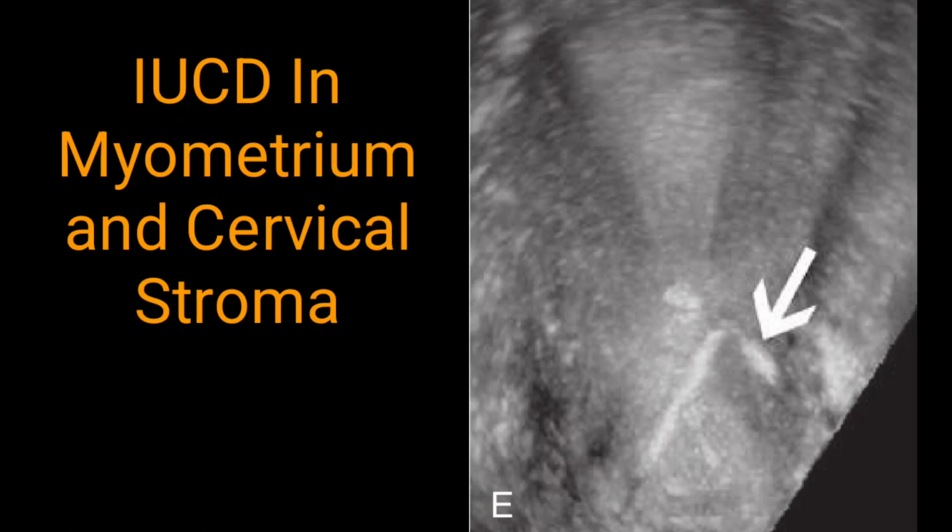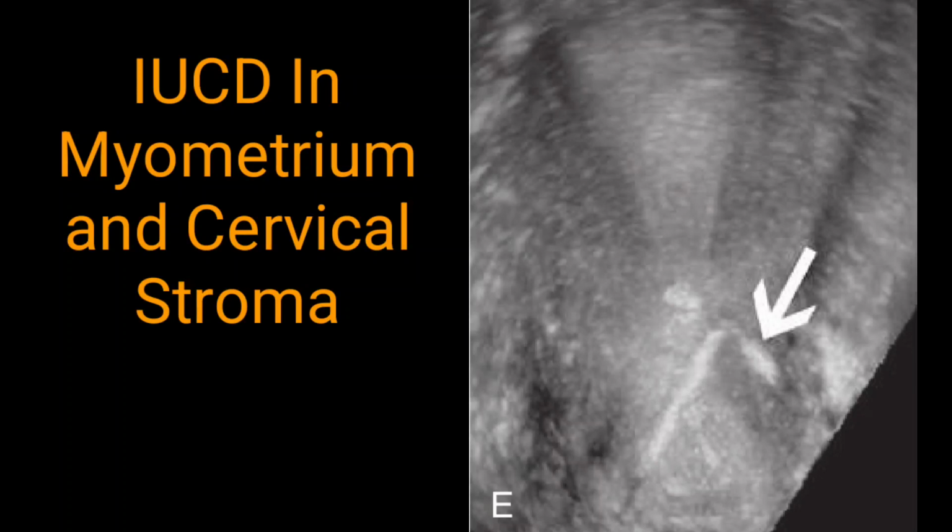This malpositioning cannot be easily picked up on the transabdominal scan, therefore it is advised to go for the transvaginal scan. On the transvaginal scan, in some of the images, or if the clinician is not very expert, he may miss these points, and therefore 3D ultrasound images would be very helpful